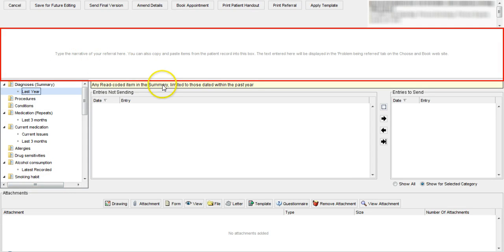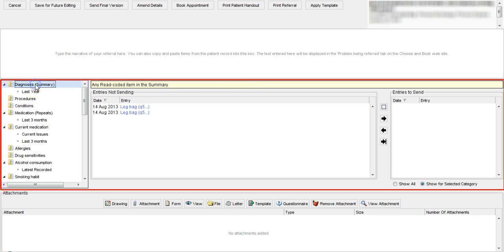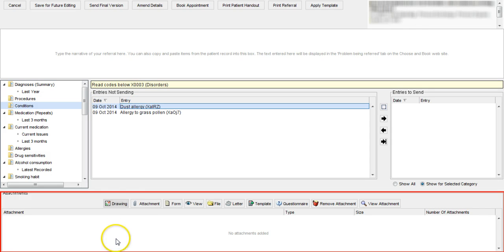Once the referral screen is opened, we can write an e-narrative for the referral to be sent if the provider allows this. Select any information to be included from the patient record from the presets listed on the left. Or we can attach any drawings, attachments, forms, views, files, letters, templates or questionnaires that will be sent with the